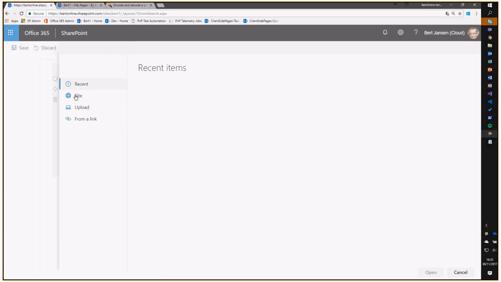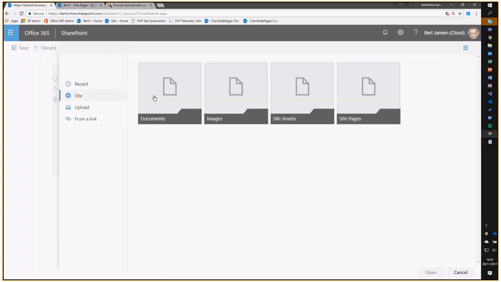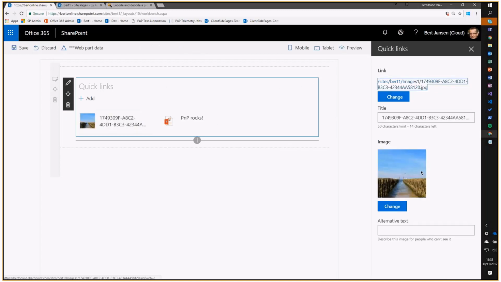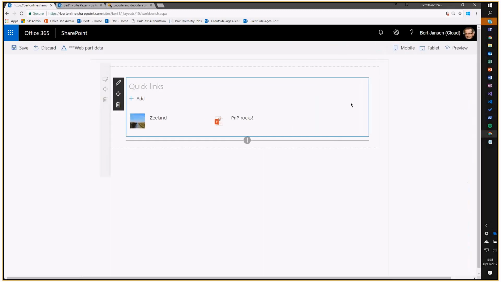Why don't you load? Clearly using it wrong. The thing is, if I copy it from here, it might not work. Let's go to images. Yeah, let's try this. See if this works. Yep, seems to work. Let's change this to New Zealand. All right, web part configured.